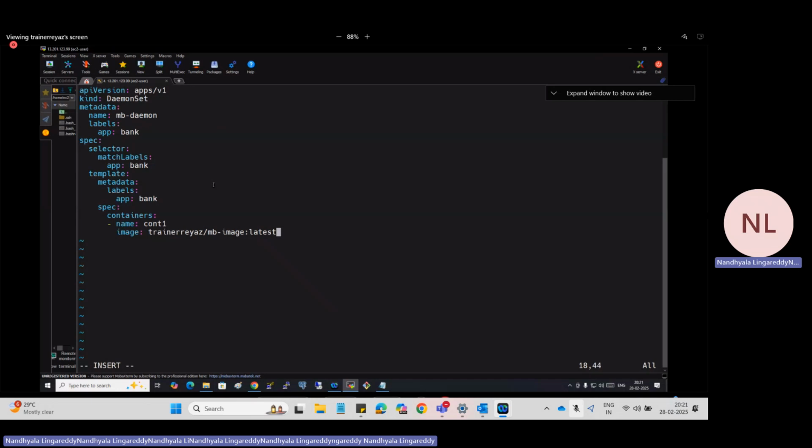That is the concept of daemon set. Did you mention any replicas here? You don't mention any replicas, but without mentioning replicas, this daemon set will create the pods in all the worker nodes.